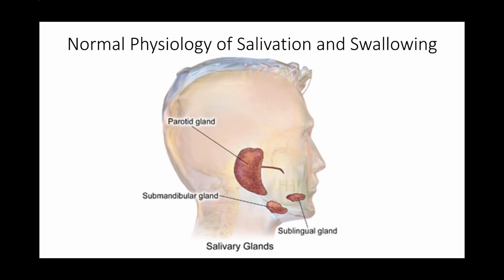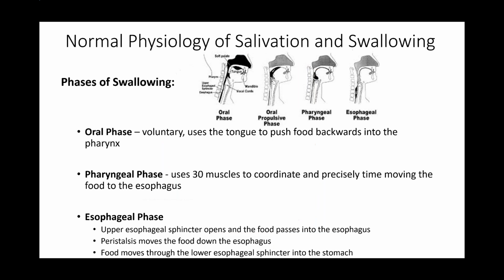So just to speak first about the normal physiology, or the normal way that we salivate and swallow, we have three sets of salivary glands on each side of our face: the parotid, the submandibular, and the sublingual. The sublingual is located under the tongue, the submandibular just under the jaw, and then the parotid gland is located just in front of the ear on each side. I should mention,